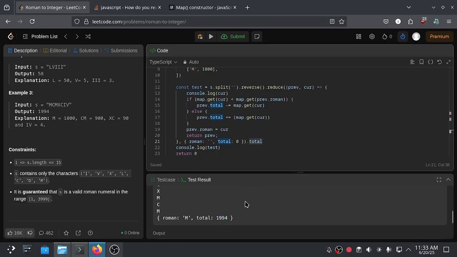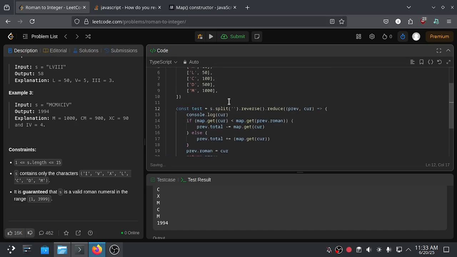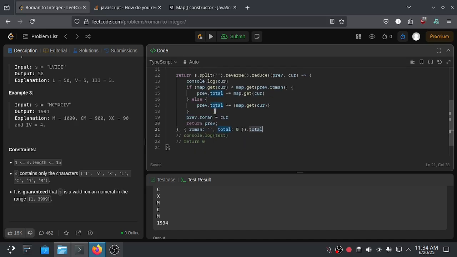So let's run this. Okay, so the total is right here, and it's no longer printing the previous Roman and the previous total object. We can directly delete the console.log test and return it directly. Return. Okay, looks like it's correct. Let's run this. Yeah, it's now working as expected, so let's submit this.